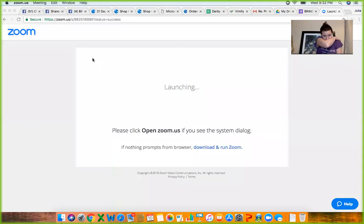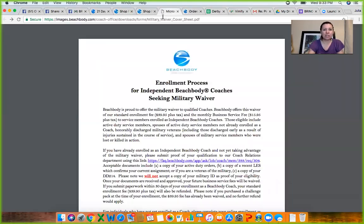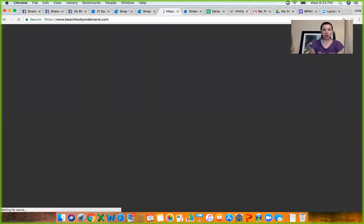I'm gonna push share screen right now. And if I click on desktop, here we go. Okay, this is my screen. And I'm trying to just move a little thing out of the way down here. Okay, so I'm pretty positive you can see my screen right now. What I'm going to do is, let's just go here and go to beachbodyondemand.com, okay? I want to walk you guys through this completely and make sure you are seeing everything you need